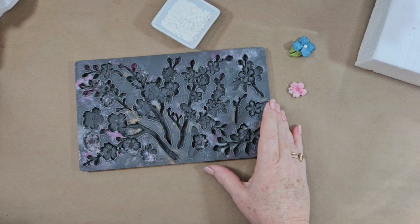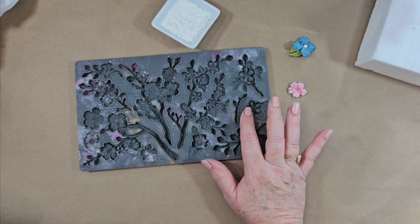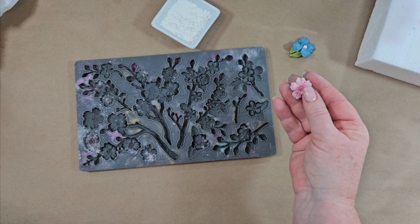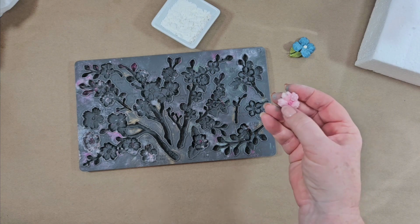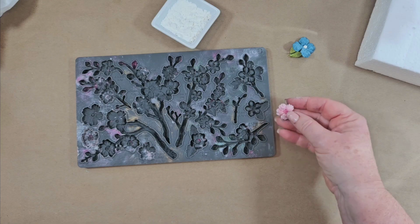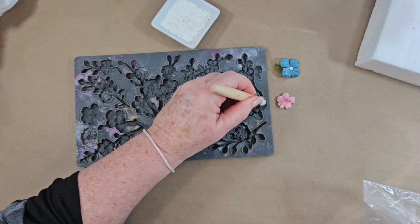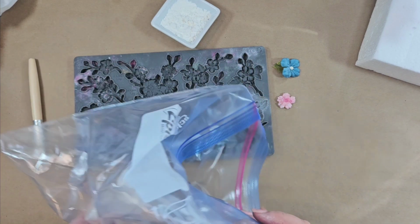As everything's finishing drying, I want to start working on the embellishments for putting on these little guys. I did one in resin, where I used the mica powders and painted it in here. That's why this thing looks so colorful right now. I'm going to try this little flower here. So I'm going to put a little bit of cornstarch in there, and then we're going to do the